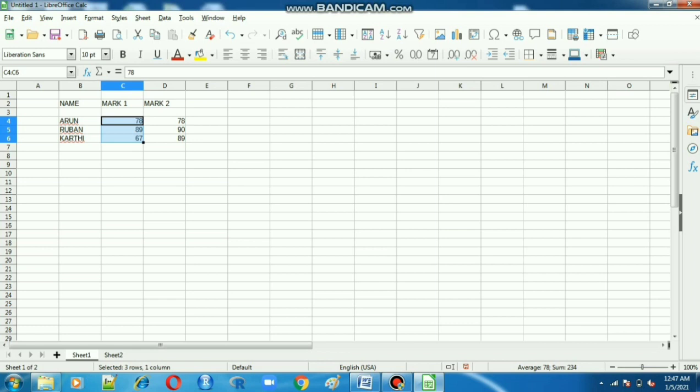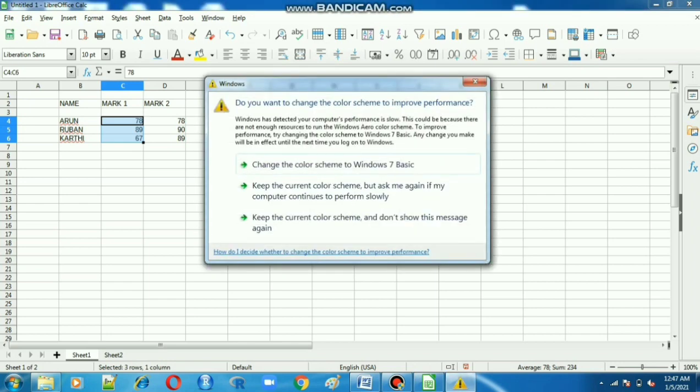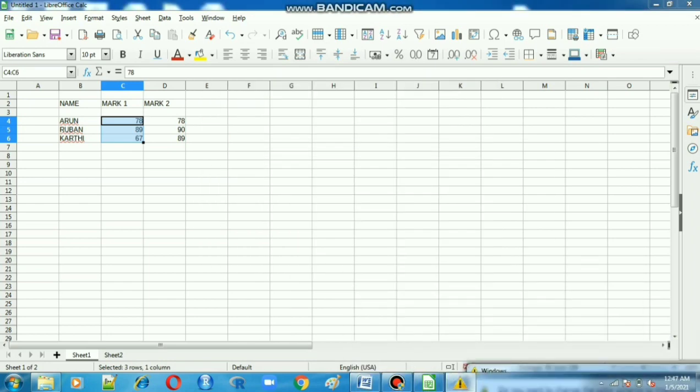Next C6. So that is the range. The range of cells is C4 to C6, in between a colon will come, C4:C6. That colon is used for finding the range of cells and the range of values.